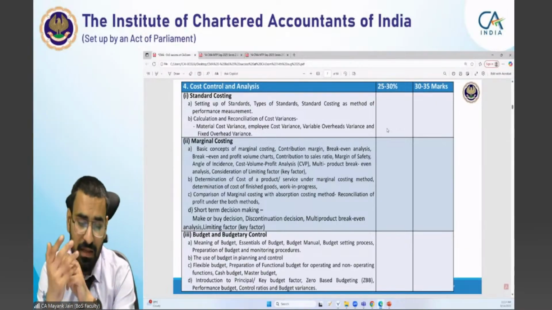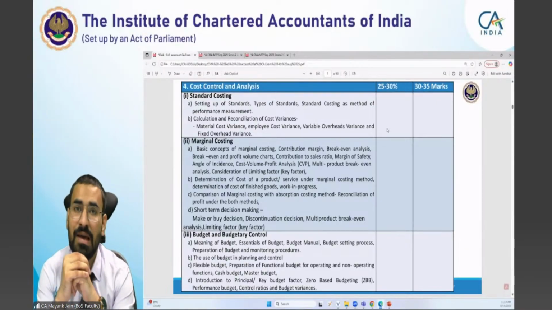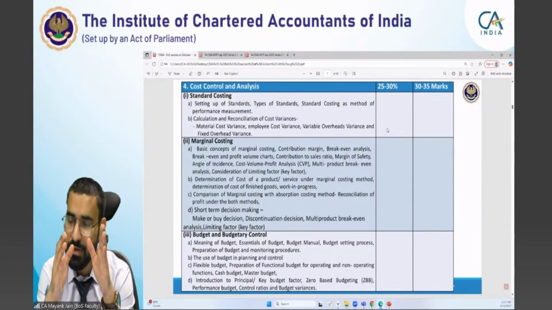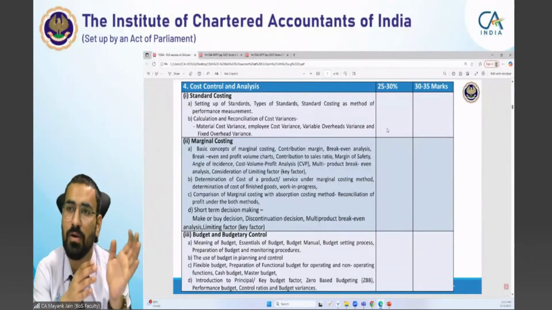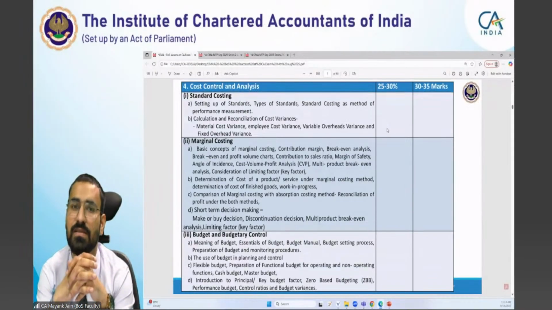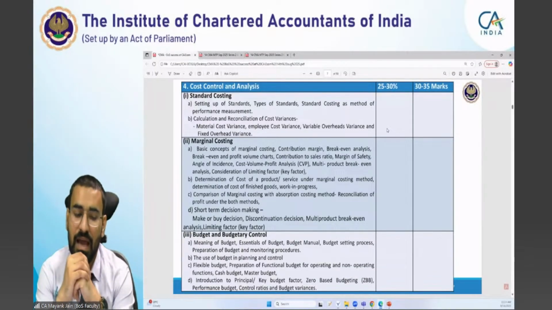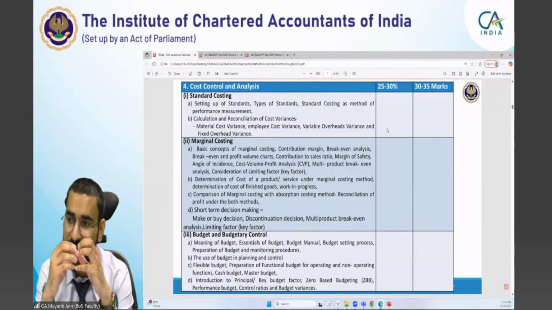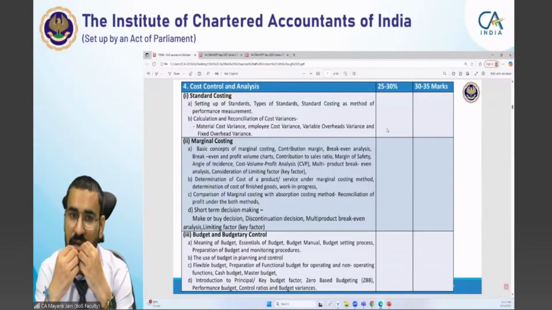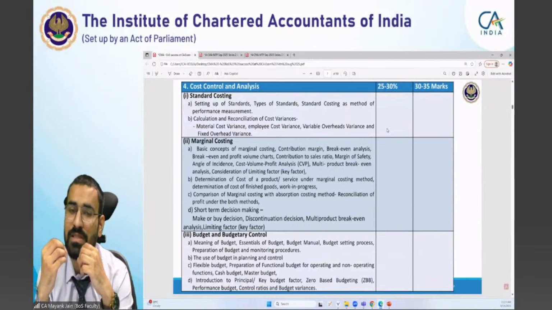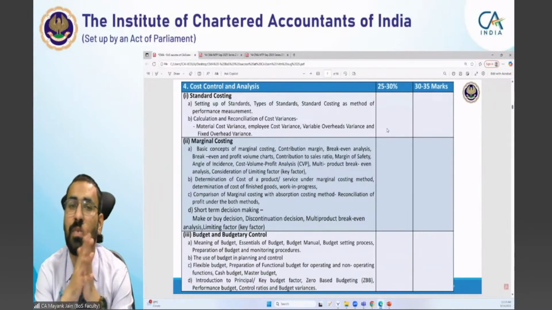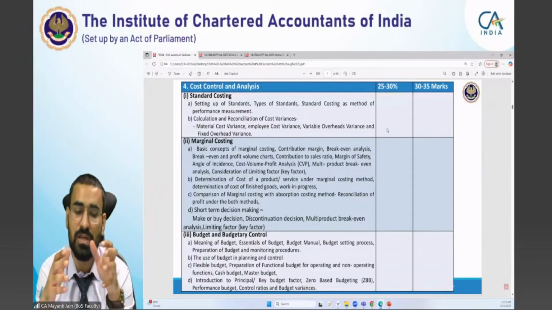And the last one, the budget and the budgetary control. Basically, you will prepare a budget for your future expenses, and you will do the expenditure within that budget amount, and sometimes your expenditures exceed those budgets. In this way, you can calculate how much expenditure is incurred, how much it exceeds from the budget, and how you can control it,